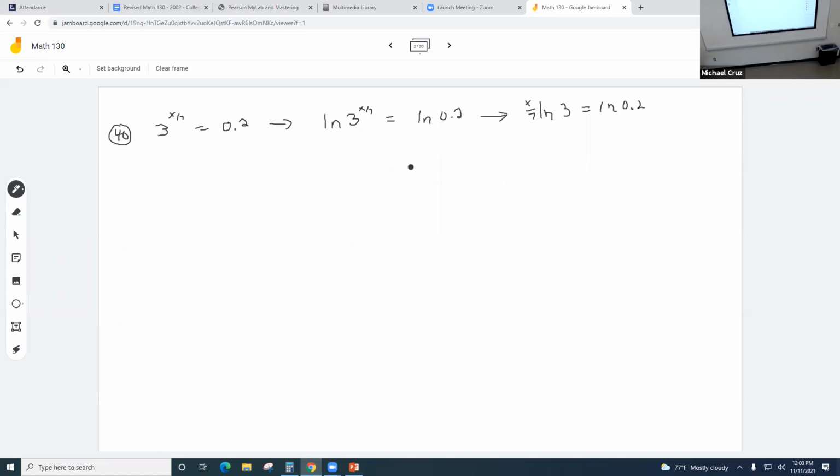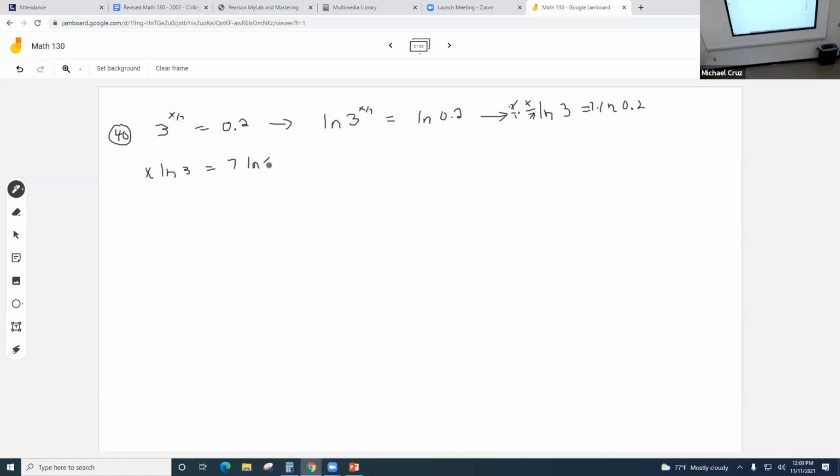So what we're going to do is we're going to multiply both sides of this equation by 7. If I multiply here by 7, or 7/1, see, I lose those 7's, and I just have a plain old x. ln of 3. But on the right-hand side, there you go, I've got 7 times